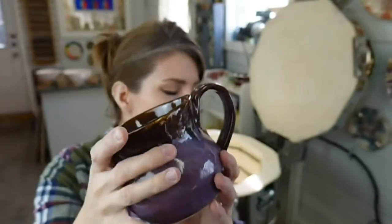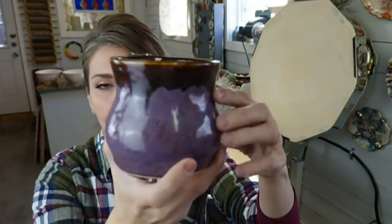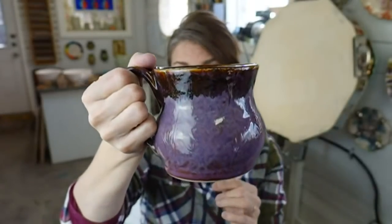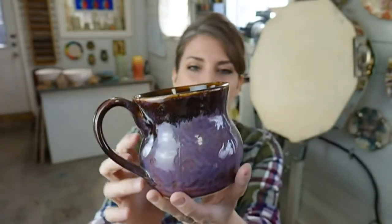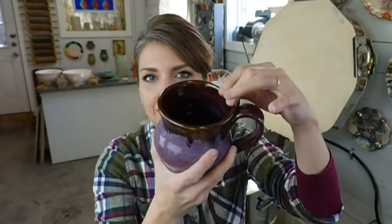I wonder if I'd played with Cosmic Tea Dust. Yeah, so the great thing about Cosmic Tea Dust is it's a glaze that has mica in it, and that's what creates these little sparkly bits. It is an iron-based, brown-based glaze. So anything that you think would look good with brown, which is everything, honestly. Blues look good with it, pink looks good with it. You can put a little Cosmic Tea Dust on your rim and you'll get those mica sparkles